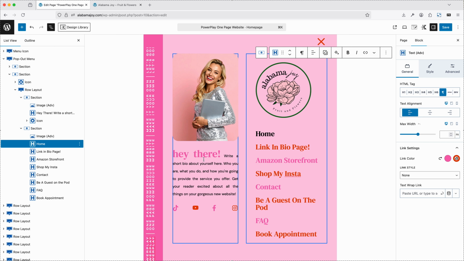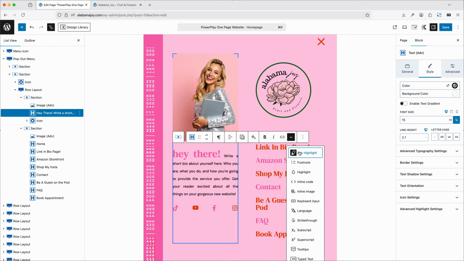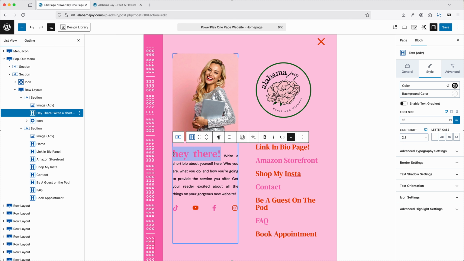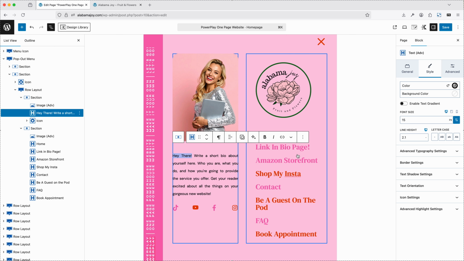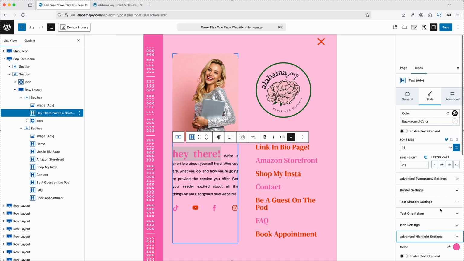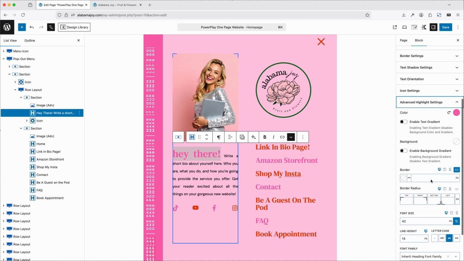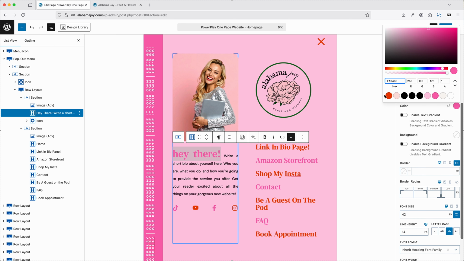To change this text, you're just going to click on it. This "Hey there" is called advanced text, so like advanced highlight. So if I were to click that and undo advanced highlight, it would just be in the regular font. If I go back and click it again and I want to change that, there's your regular text settings. Then down here you have advanced highlight settings, and you can change the color,